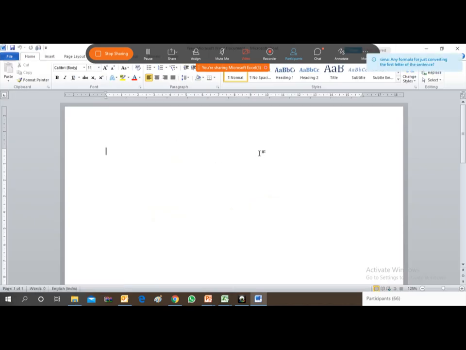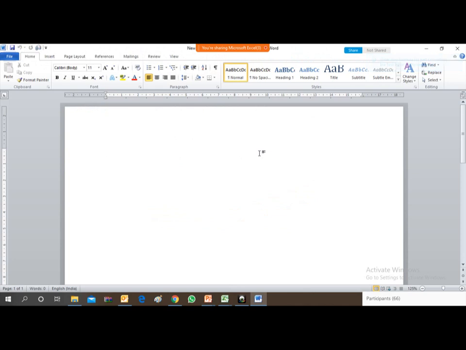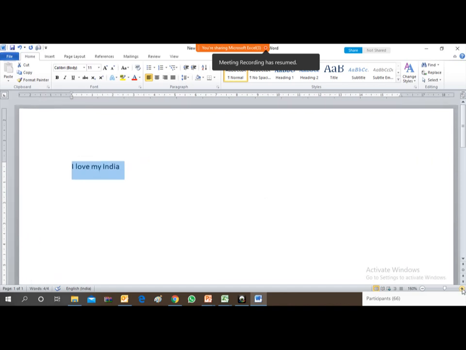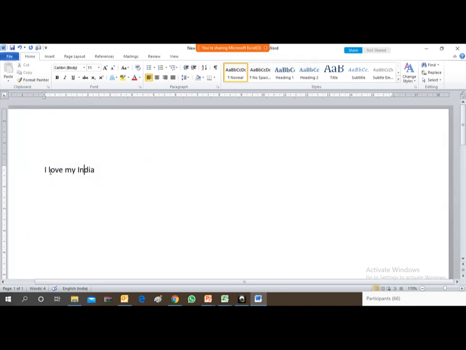Friends, this is a Word sheet. So here I'm just typing I love my India. Let me just zoom it. So this is what I have written over here: I love my India. If I want to convert the font from uppercase to lowercase or lowercase to capital, so everything.